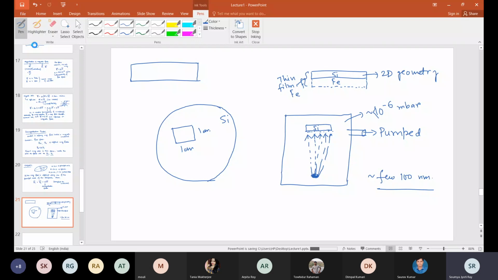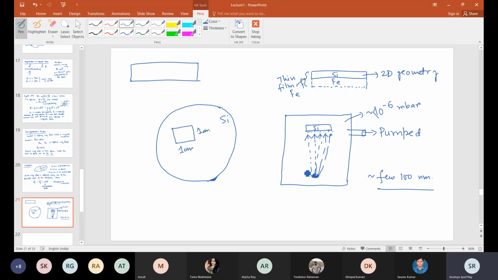Anyone? So that the material gets directly deposited, meaning there will be no scattering by the gas molecules present. Impurities free. Okay, what are the impurities here? Maybe the air molecules may distract those atoms from getting deposited on the silicon substrate. So it also prevents oxidation. Okay, yeah, that is one thing, of course.